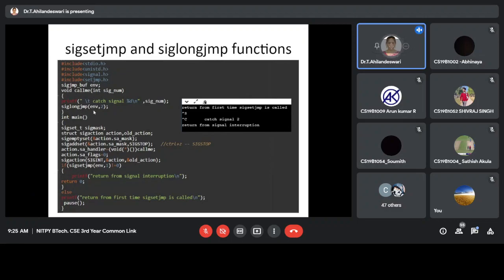When you are invoking for the second time, whatever value you are returning through this will be assigned to this one. The procedure is the same. The setjmp function and longjmp function: setjmp returns two values. When you are invoking it for the first time, it returns 0. When you are invoking it for the second time, it returns the value which is passed by this